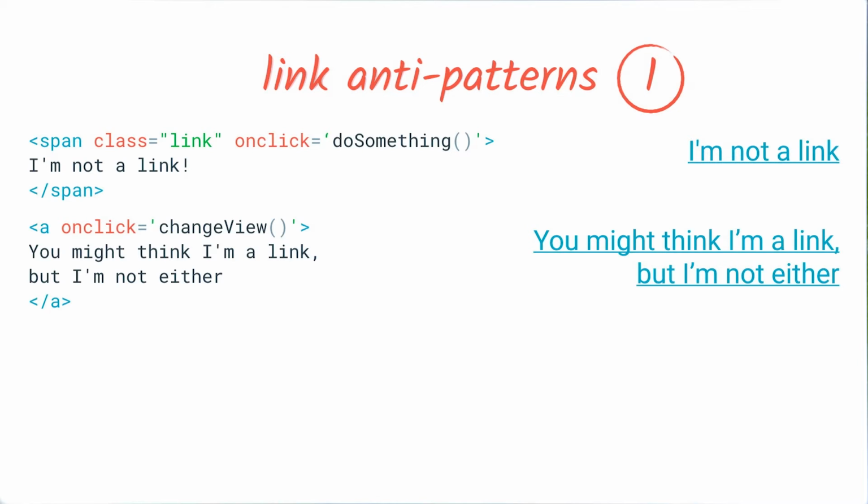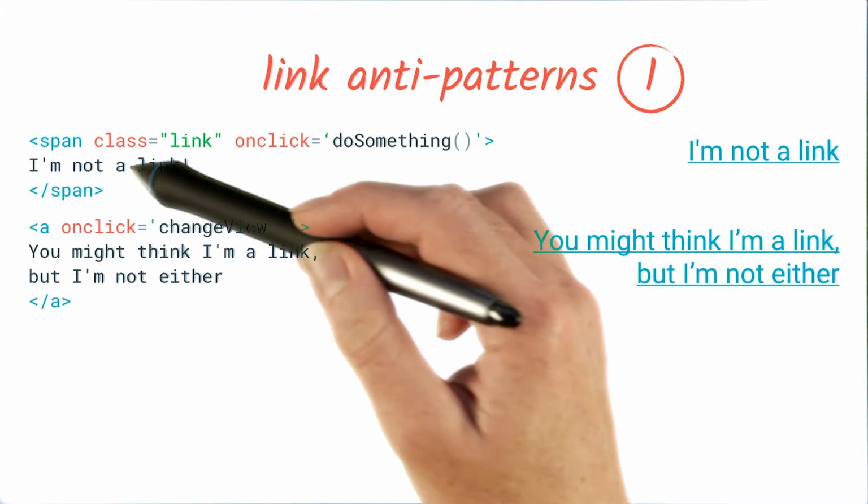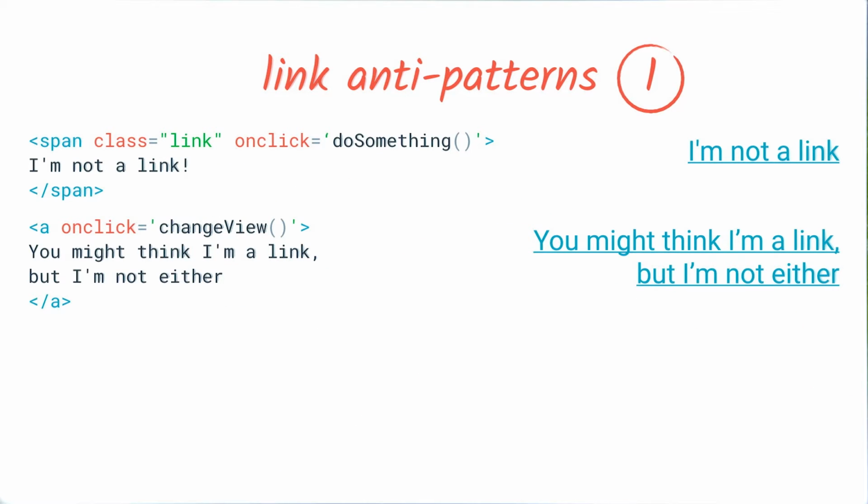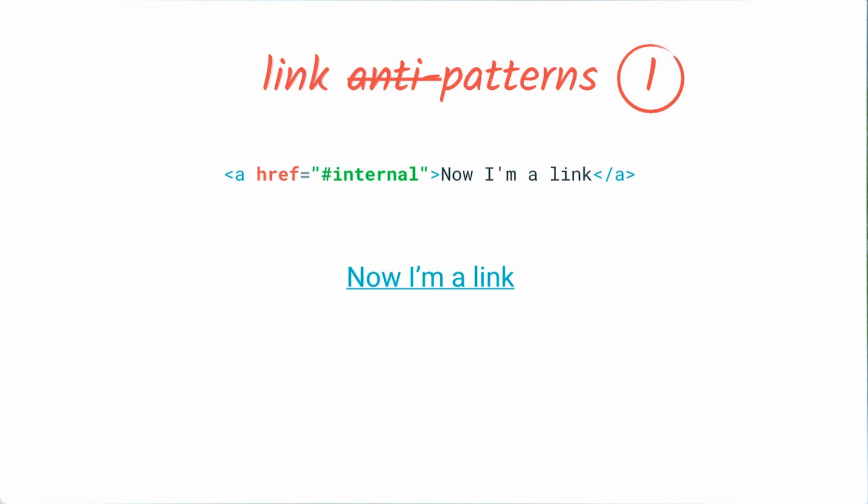in the page. One is using a span with some link styling, or an anchor tag without an href attribute. This is popular for single-page applications when you have something which is effectively an internal link which does some JavaScript-based navigation within the app, or else for when you want something which performs an action but looks like a link. For anything which behaves like a link, including within a single-page application, you should absolutely use an anchor tag with an href attribute. No exceptions.